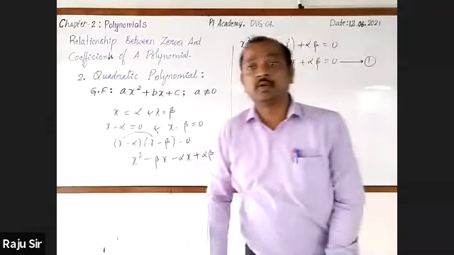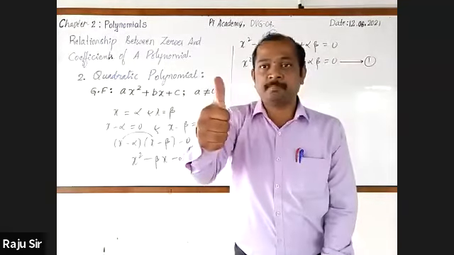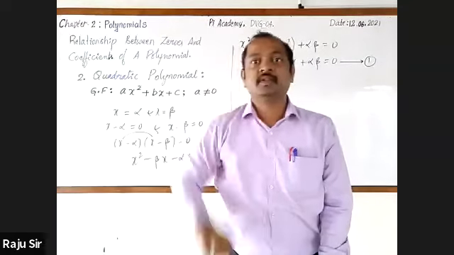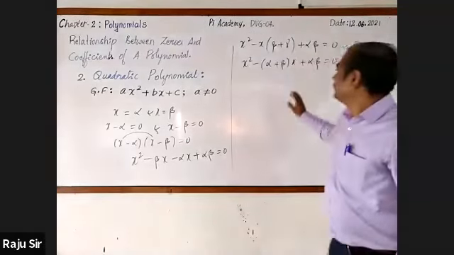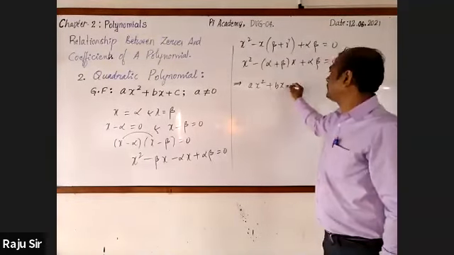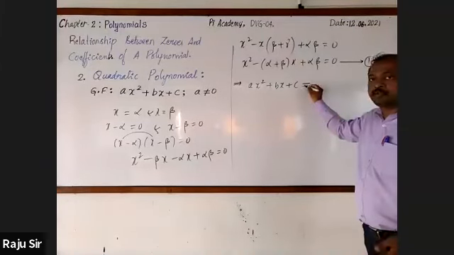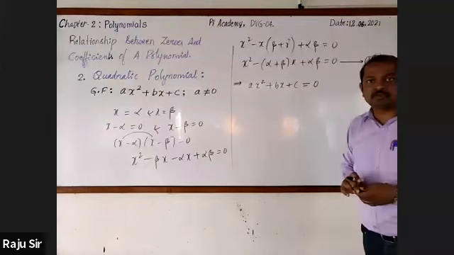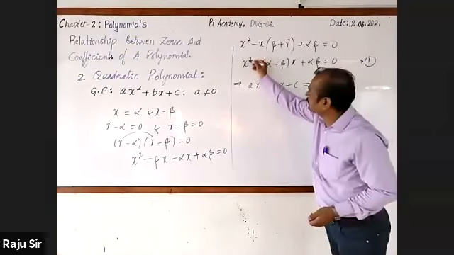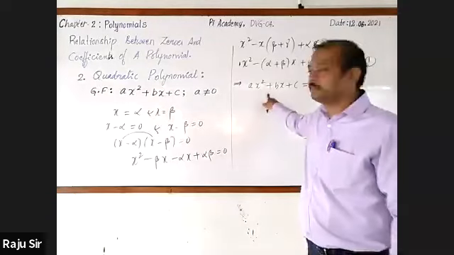Whenever I ask you a question related to yes or no, if it is yes, upright thumb, if no, inverted. Okay, please do follow that. This is equation 1. Now I go for taking the general form. Ax square plus bx plus c. This is the polynomial. As we are going to find out the zero, let me equate this to 0. You know, the coefficient of x square is 1 there. I want 1. Now you tell what should be done.